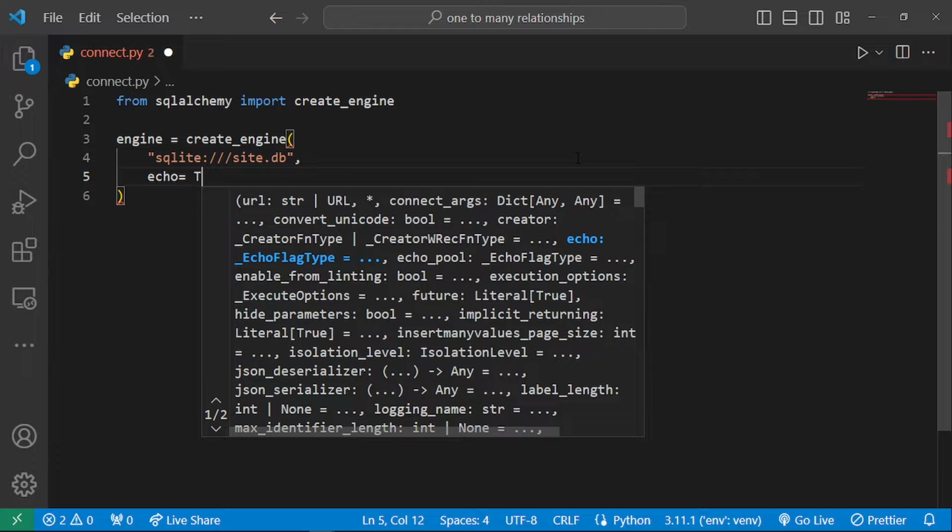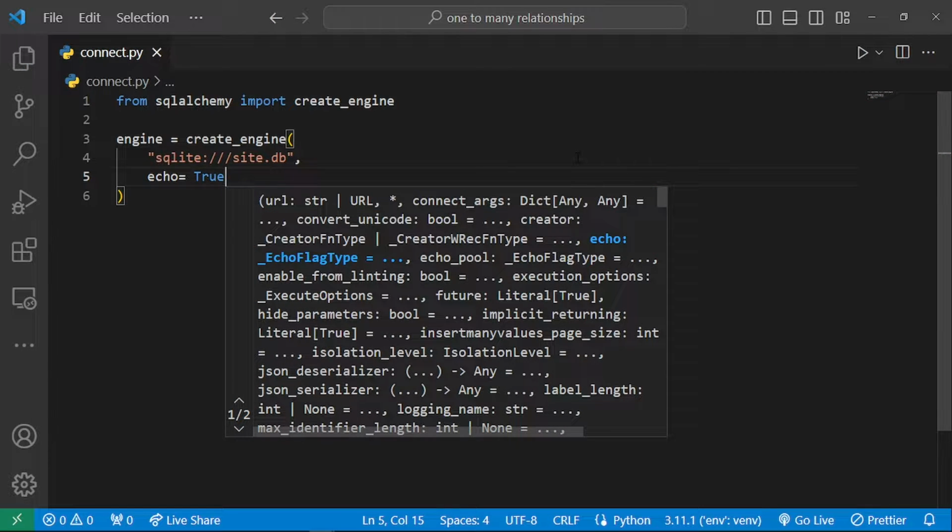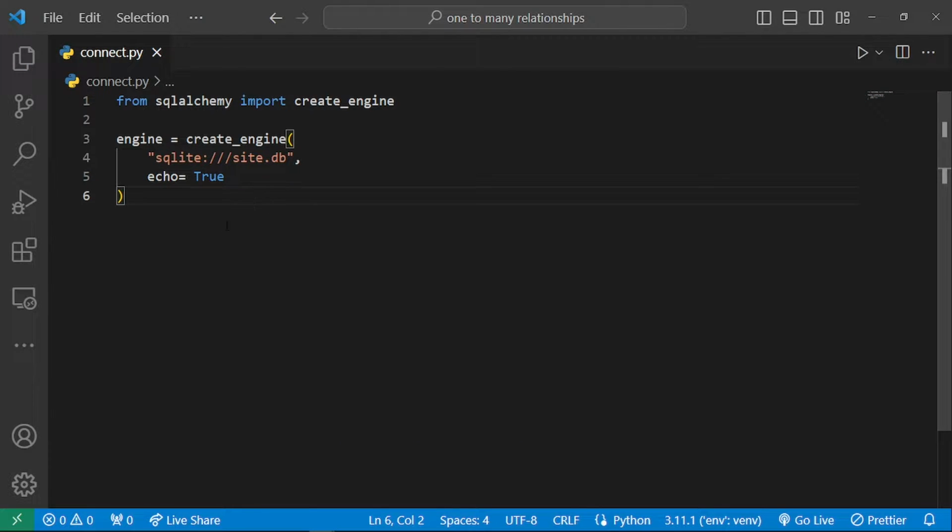And this is a boolean that's going to help us to log the SQLAlchemy that will be used or carried out every time we carry out a transaction within our database. So once I've been able to do that, I'm going to go ahead and move on to creating our database models. So once we've been able to set up our connection to our simple database,